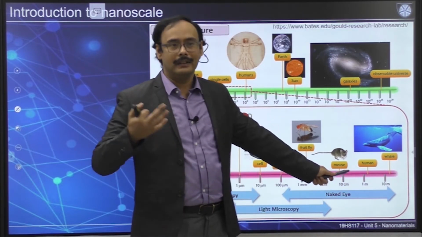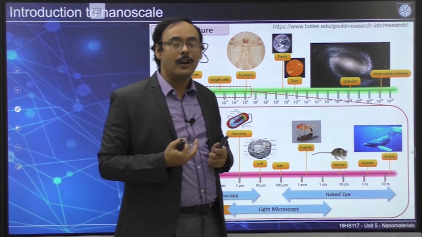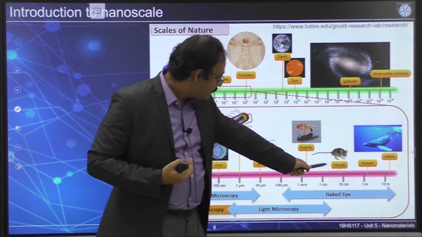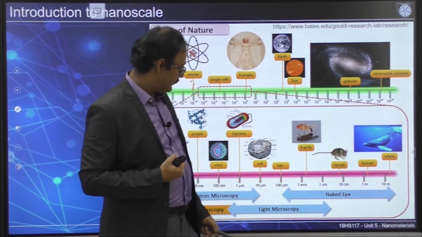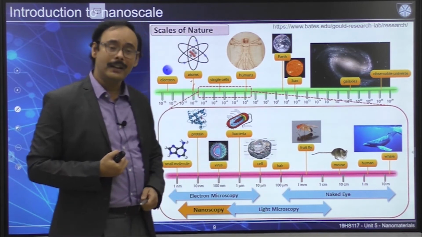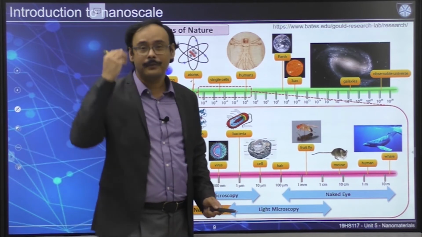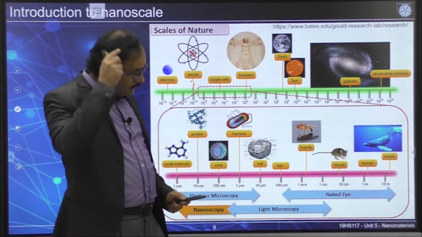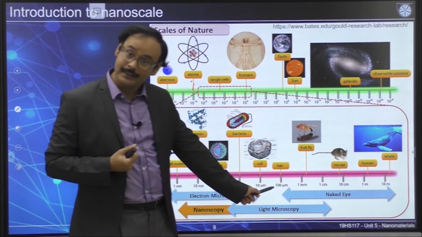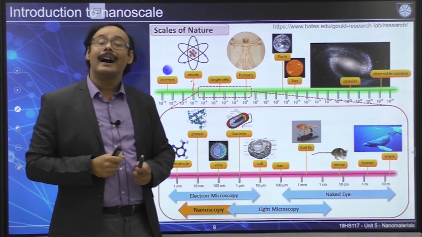Let's say if you are obviously a big man, a tall man, then you can go to 1 to 1.5 meter. So your mouse is around 10 centimeter. Now a fruit fly, that fly that you see, is around 1 millimeter. Now your hair, sorry I didn't get a haircut, so that's why I can show you better how my hair looks. Your hair thickness, I'm not talking about the length, hair thickness is about 100 micron.